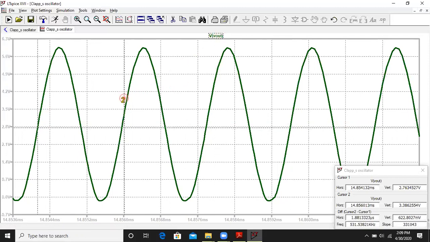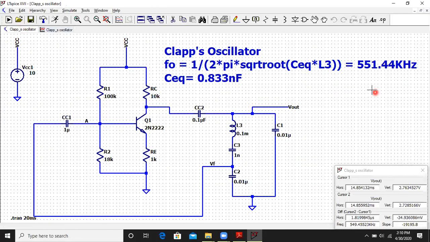Let me bring the other cursor. What I'm actually doing is calculating the time period. The difference between the cursors will give me one time period, and 1 upon the time period will give me the frequency. So this frequency is coming out to be 549.45 kilohertz.